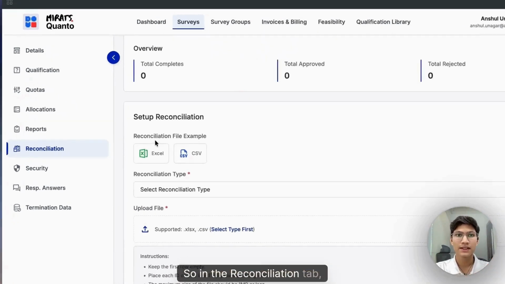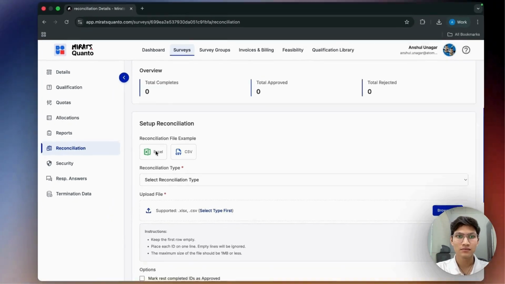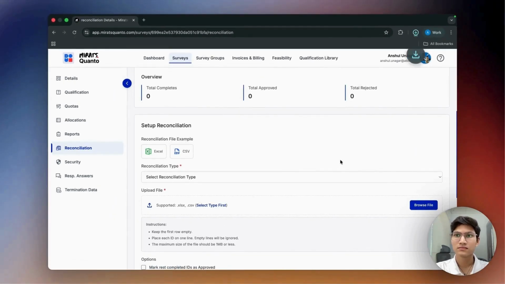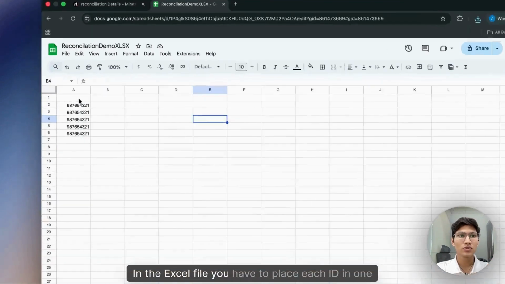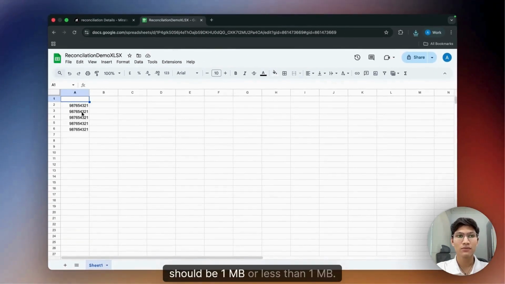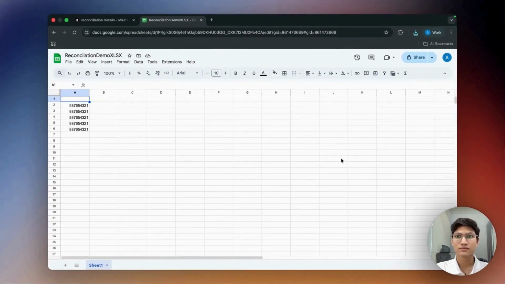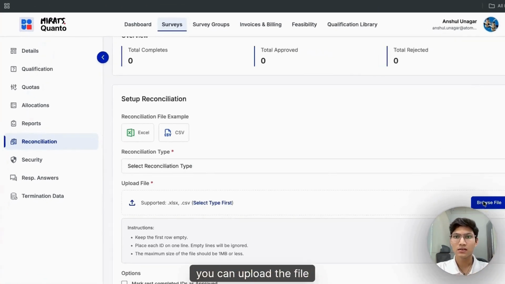So in the reconciliation tab, you can either download an Excel file or a CSV file. In the Excel file, you have to place each ID in one single row and keep the first row empty. And the file size should be 1 MB or less than 1 MB. After making changes to the file, you can upload the file